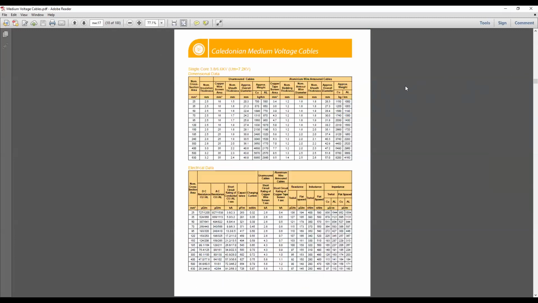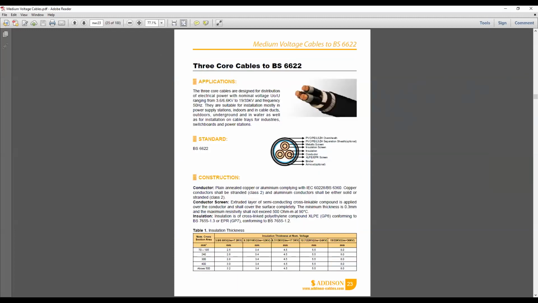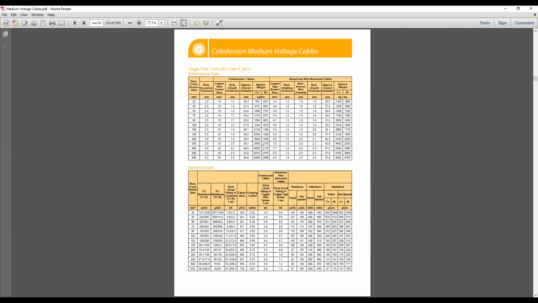When you are going to do the design, earlier in the example I discussed in the lecture, I referred to the tables given in the lecture slide. But that table does not include all the details you need to do the design. Usually in the industry, if you are asked to do a medium voltage cable selection, what you are going to do is find a manufacturer of MV cables, get their manual and do the calculation. A similar thing we are going to do here. So this is the manual we are going to refer to.